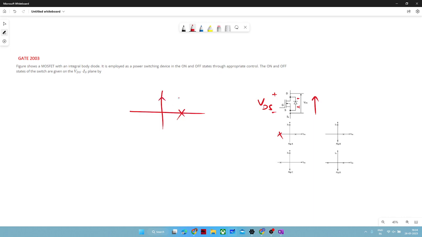It means they have the characteristics in a way such that the current will flow from drain to source, or collector to emitter in BJT or in IGBTs. So they will definitely flow in this direction,